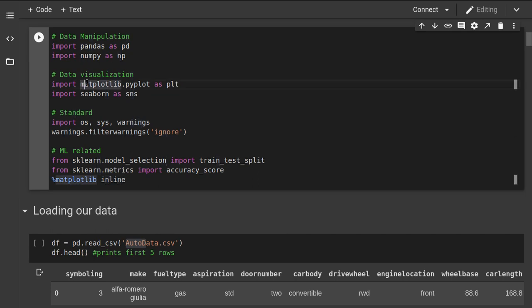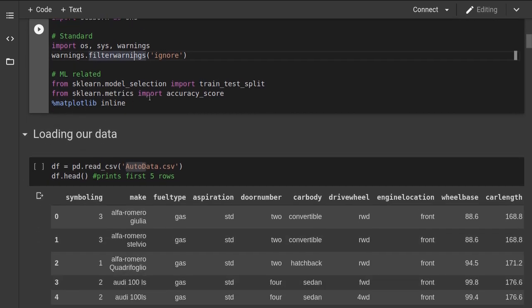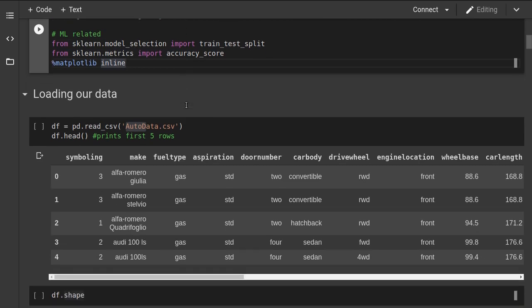Then I imported data visualization libraries like matplotlib and seaborn, then some Python standard libraries like OS and warnings to hide my warnings, then some ML related libraries for train test split, then accuracy score to check how well my model does.